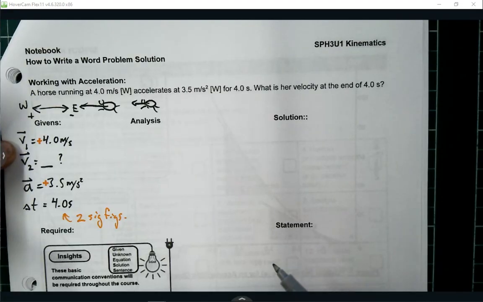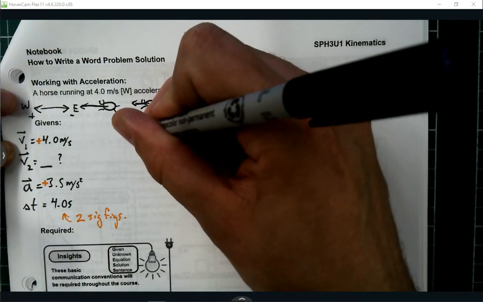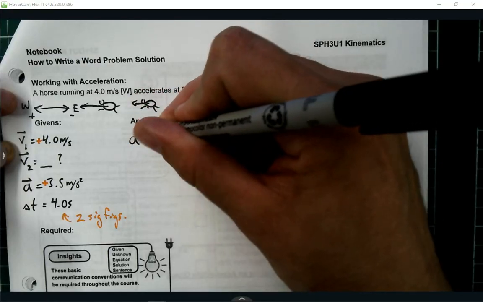Now, if you find yourself with a professor in the future that's not okay with that, you just roll with it, okay? You do whatever's asked of you, but I'm going to drop the arrows when I do my calculations, okay? All right, so with the analysis, a formula that I happen to know for this one is